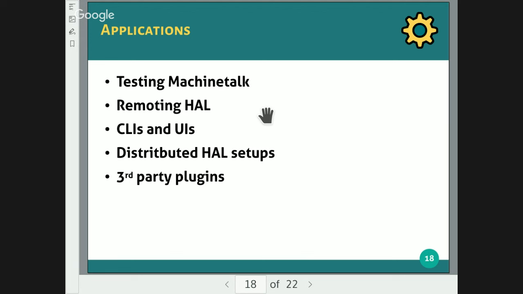Let's say you have an additional device with something like a button, and you want to connect it to a remote Machinekit instance. You can use Machinetalk for that. You can create command line interfaces, user interfaces, or we can even create two HAL instances talking to each other. And very importantly, we can use it as an API for third-party plugins.